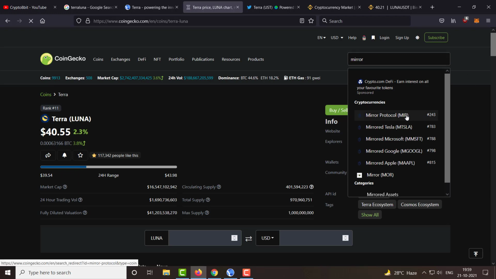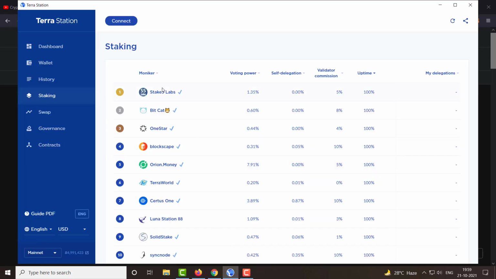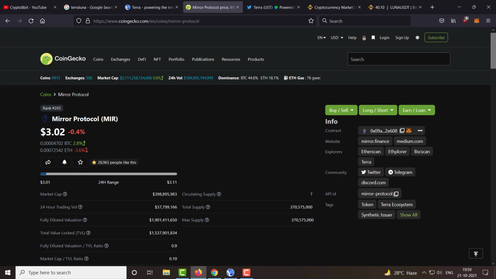So let's see, mirror protocol, the ticker is MIR, and as you can see the price is $3. So just by staking your Luna tokens over here, you are getting these mirror protocol tokens for free, absolutely by doing nothing.